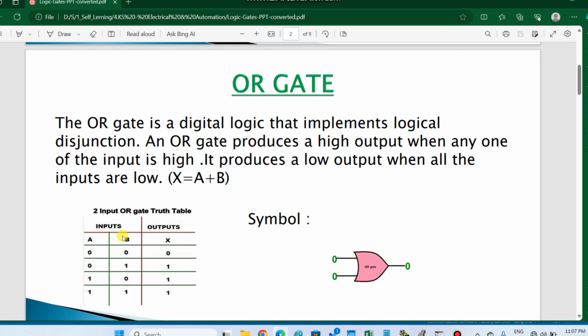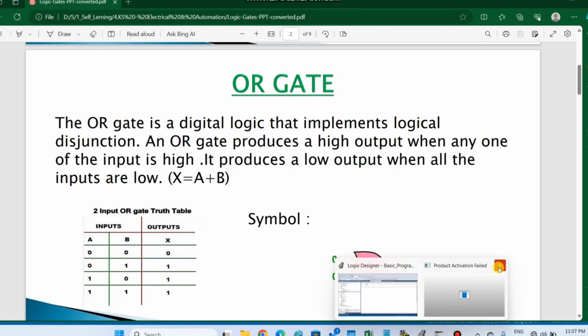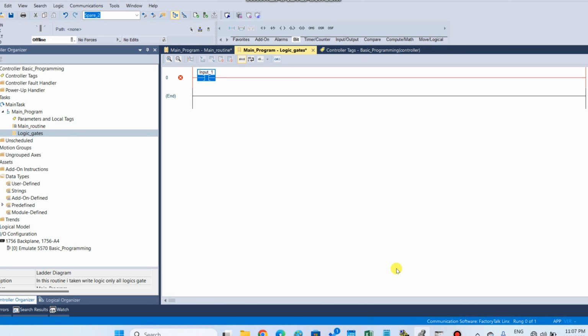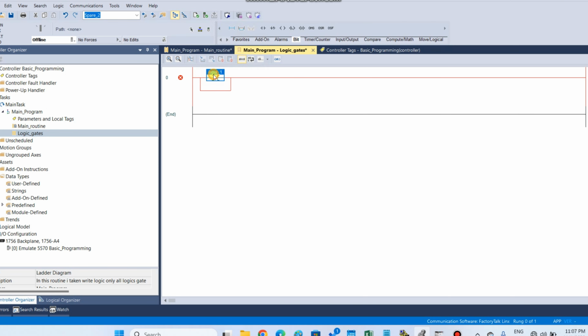How to make logic for the OR gate, just like here, right here, take a branch, paste it. One more thing,